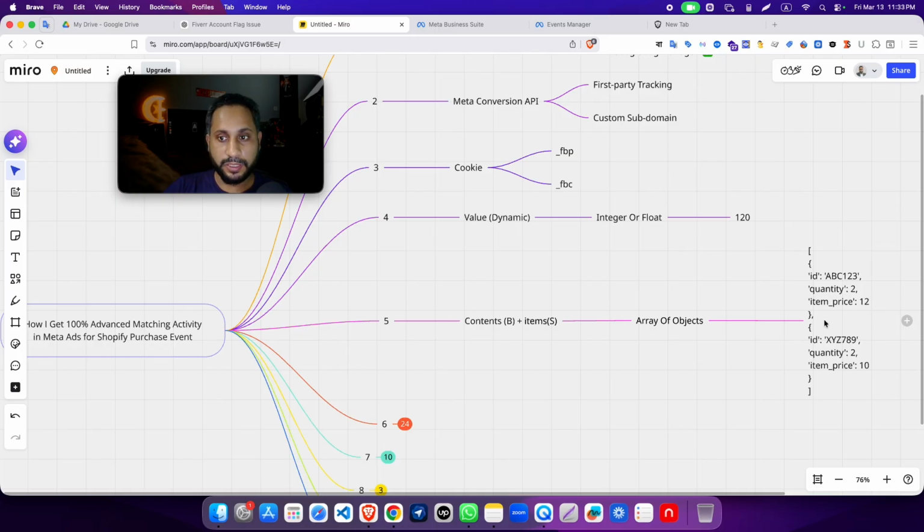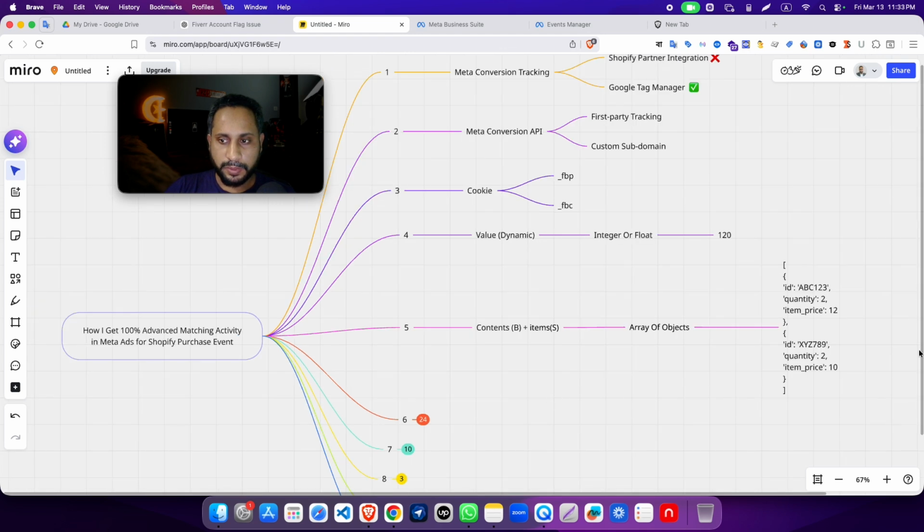If you send it this way, Facebook Pixel understands the contents and captures the data properly. But if you implement it the wrong way, for example if you send the ID as a number instead of a string, Facebook cannot detect the contents parameters, and sometimes it can get them wrong.